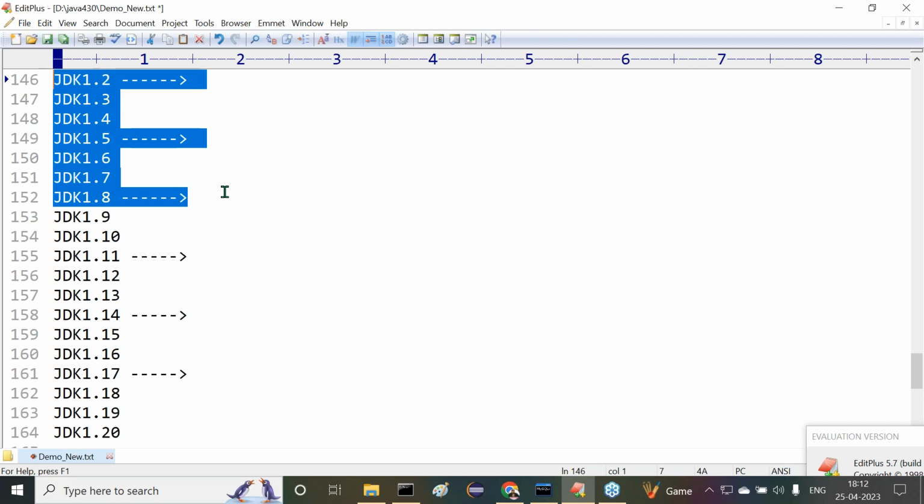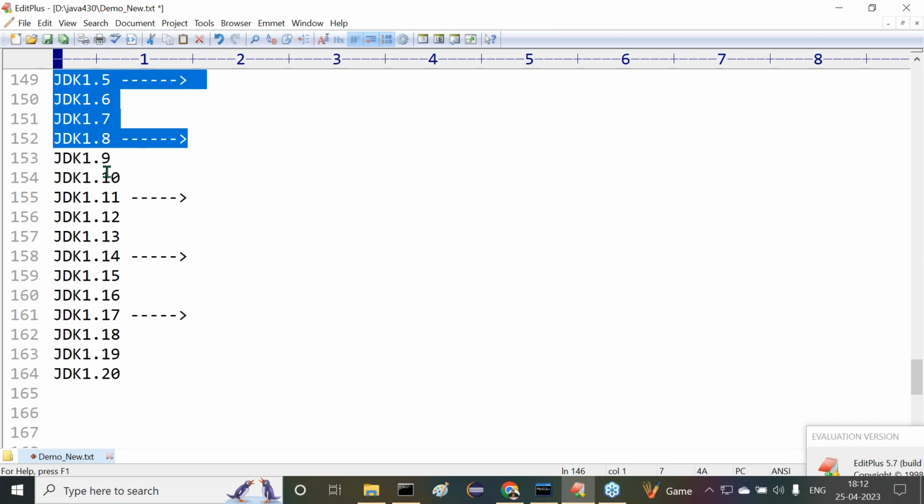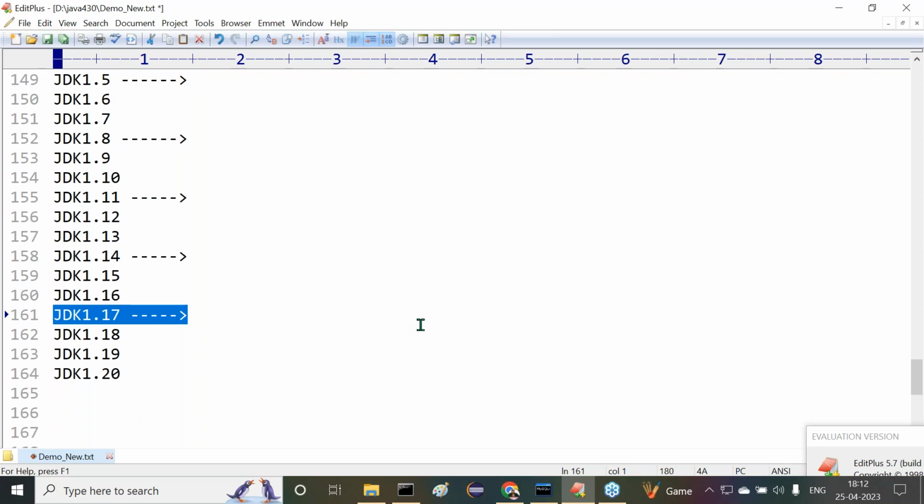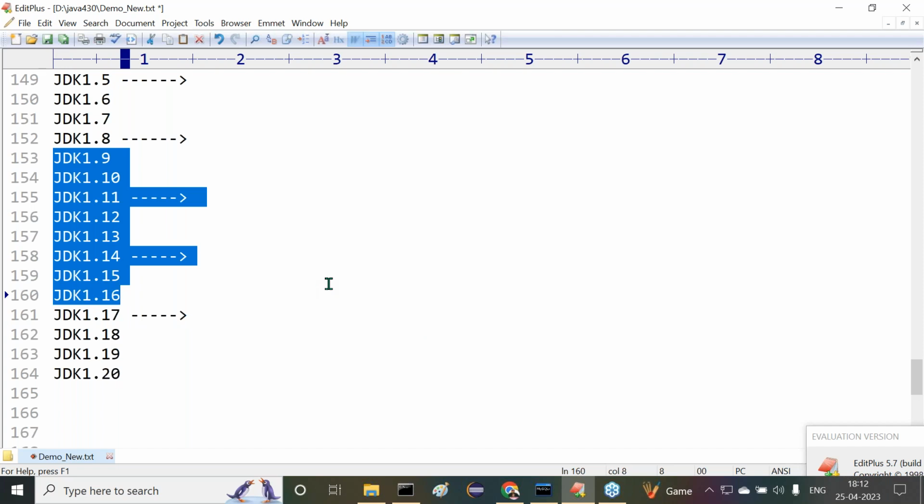Now what happened is, after the Java 8 version, no software company is using all the versions now. At present, the movement outside is that all companies are trying to migrate directly from 1.8 version to 1.17 version. Think of it, when companies are using 1.17 directly, what is the use of these many versions there?